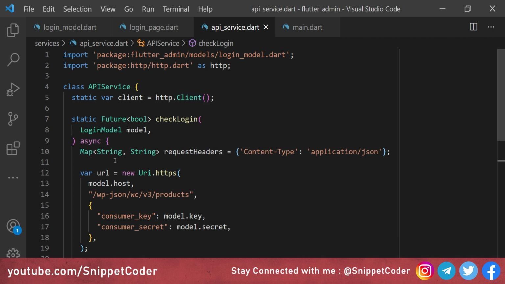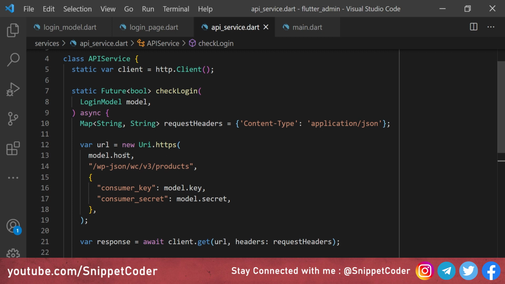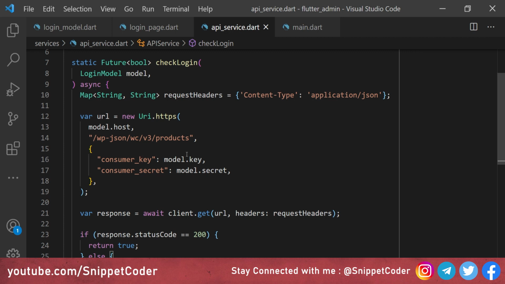So what we are doing in this method is creating one function, that is checkLogin, and there we are checking whether the host URL which we are passing in our login screen, plus the keys, are valid or not. For doing that we are creating the URL here, that is we are putting the host, that is the website name, without www or without http, and then we have the endpoint, and we are calling the products API.